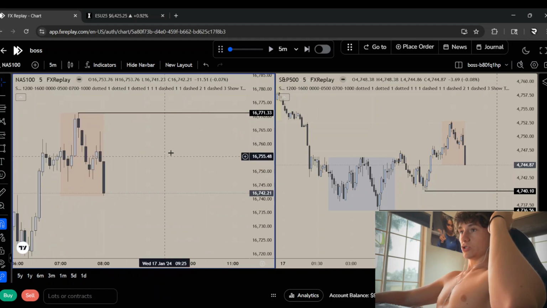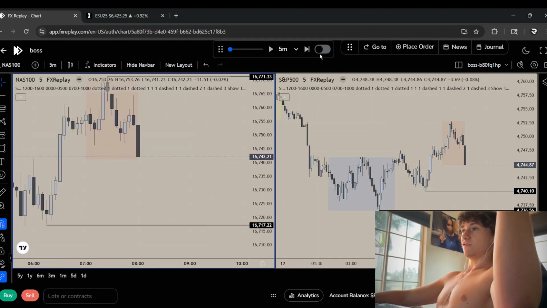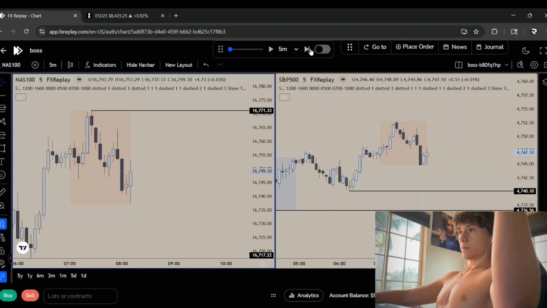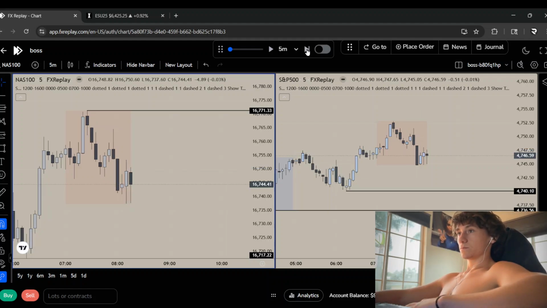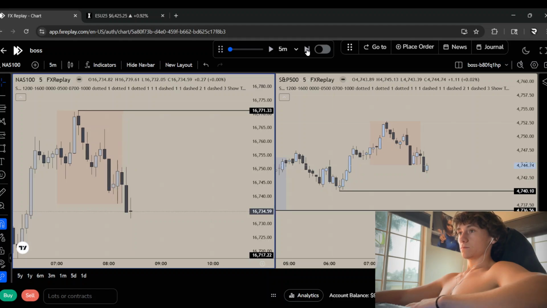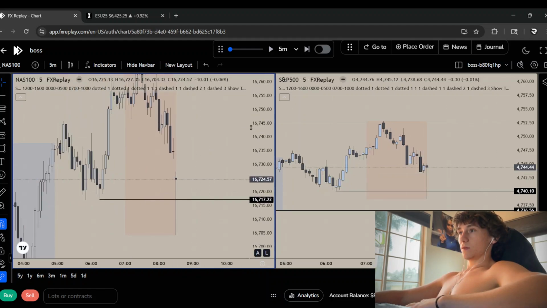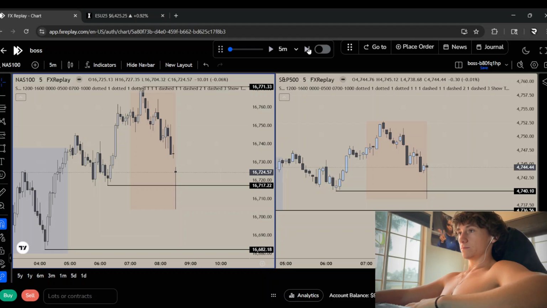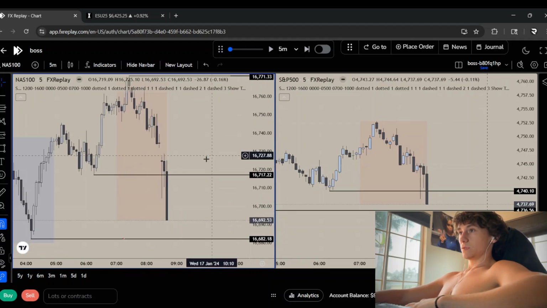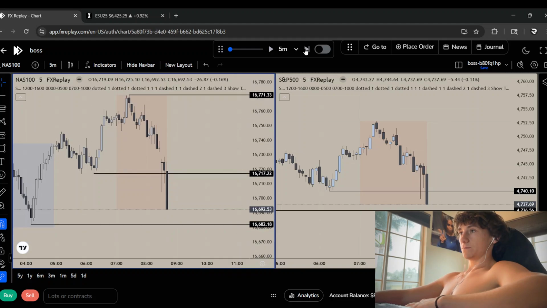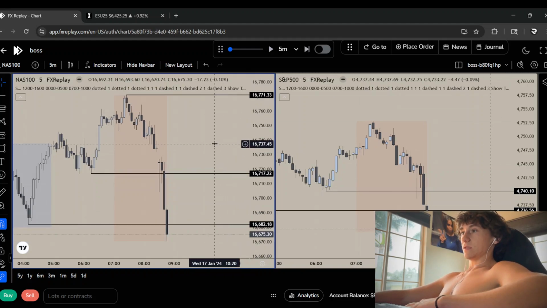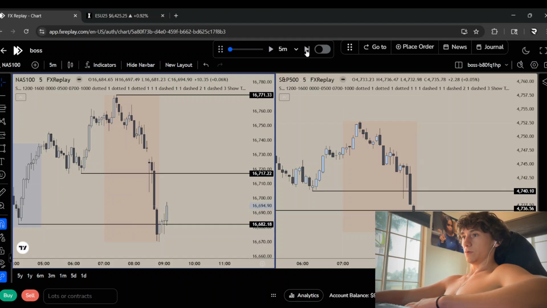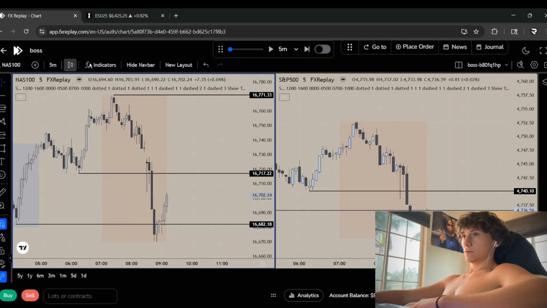Pre-market. We're bearish. So we're looking for some sort of liquidity sweep right now. Coming up. I guess there was news. Alright, so we swept that low on both. Continuing down 840. Swept London lows. Now we're bullish. Alright.